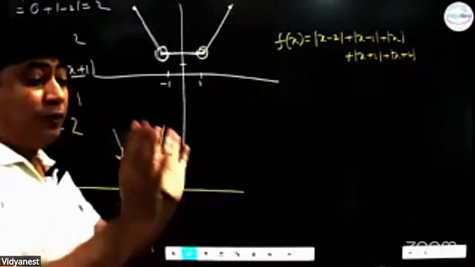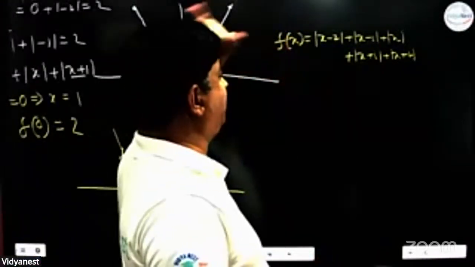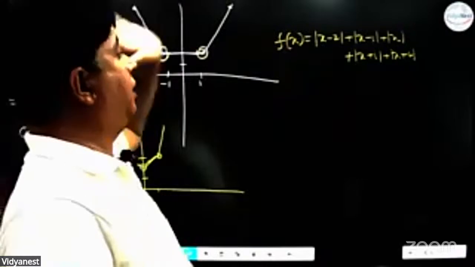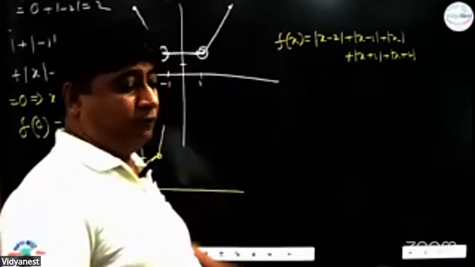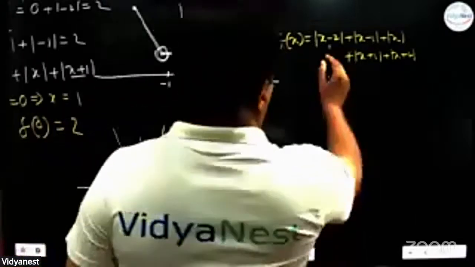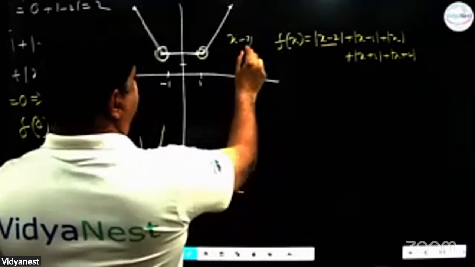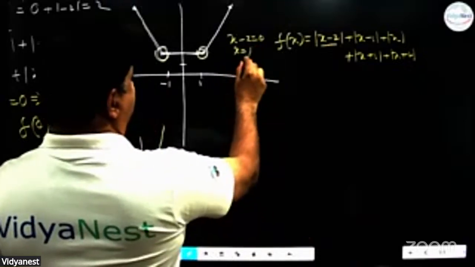So 5 modulus are compiled and produce a function, and you are told to plot it on graph. Okay, sir. So you have got x minus 2, make x minus 2 equal 0, you will get x is equal to 2. Put here